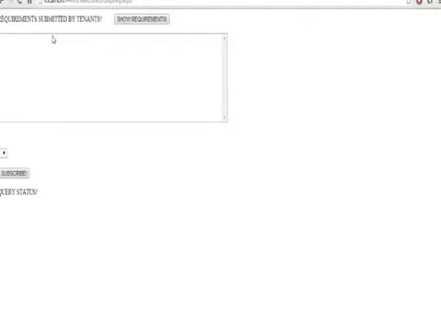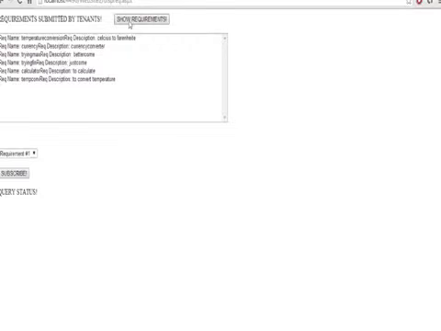So in the first option, where I have view submitted requirements, to see the requirements submitted by tenants, as you can see, the list box is populated with the requirement name, temperature conversion, and the requirement description, Celsius to Fahrenheit. Similarly, we have many. If I select a particular one, it shows the description to calculate,